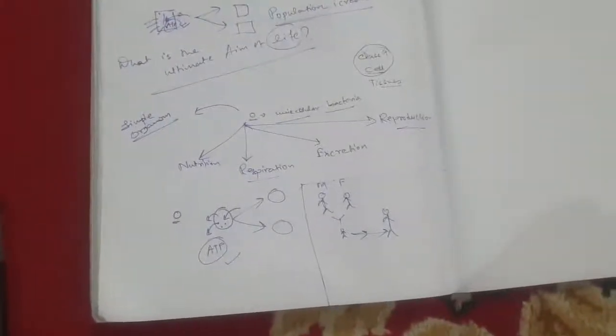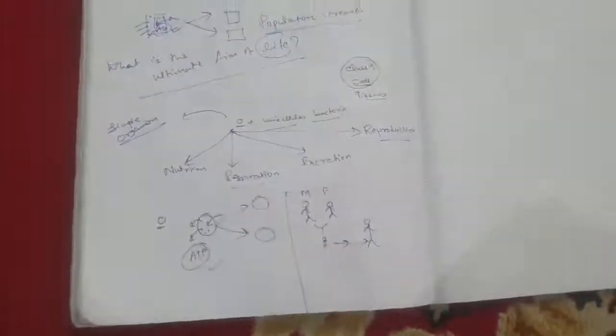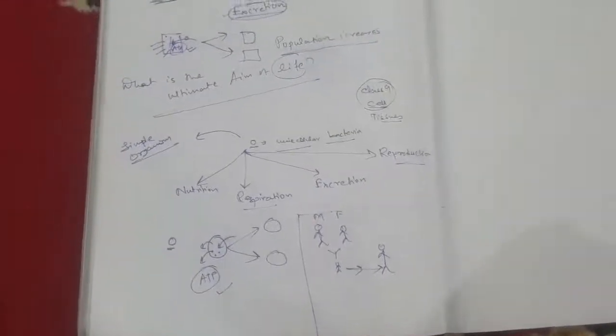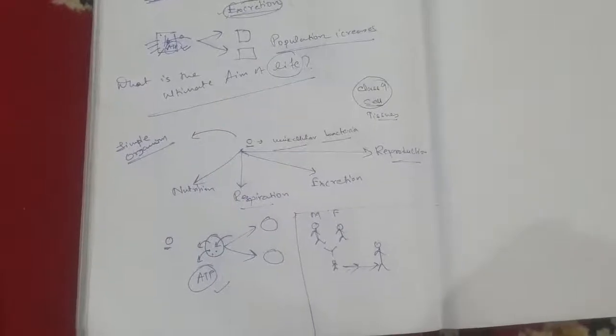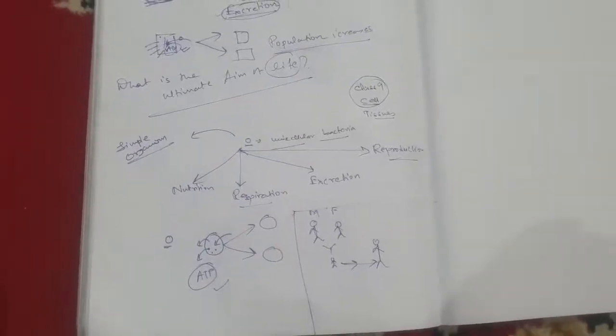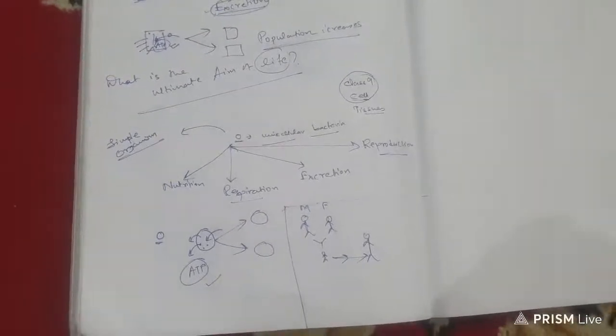And as we developed, slowly, from unicellular we became multicellular. From multicellular, we became much more organized. Some of us became plants, some of us became animals. Some of us started doing photosynthesis. In plants also there are different types, different